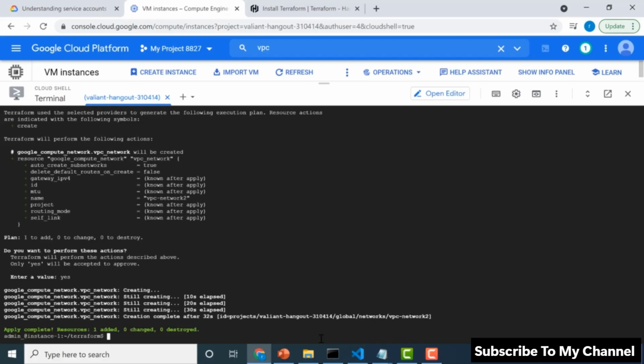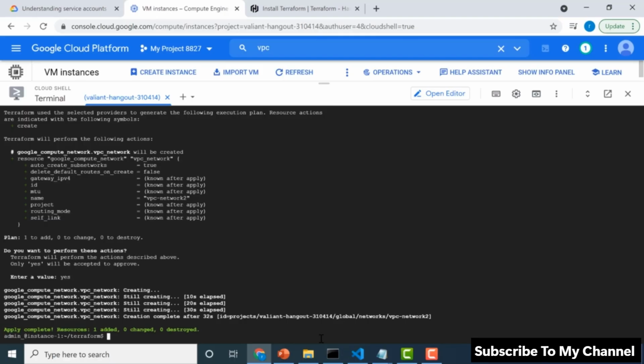So here you can see that I was able to create that particular VPC network, and I was able to do it without any extra configuration. So the only thing I did was I just had to provide the service account and give it enough access to create the resources. So that's how you do it. If you're using a GCP resource, you should always use a service account, and you should never use a user credential like we did previously. So I'll see in the next lecture where I'll teach you how you can create a service account and use that particular service account's keys to